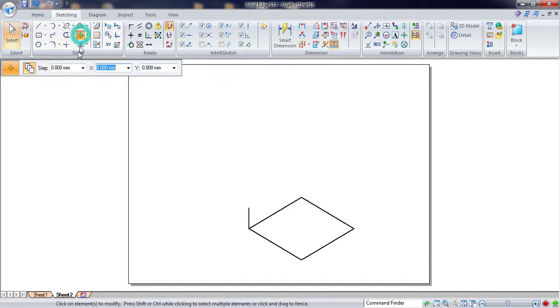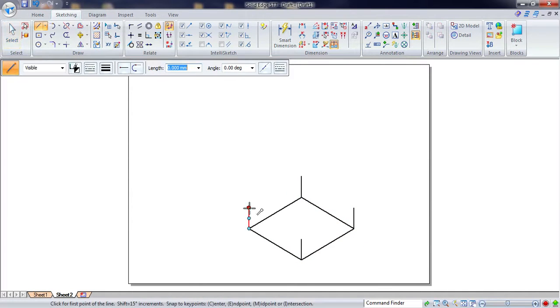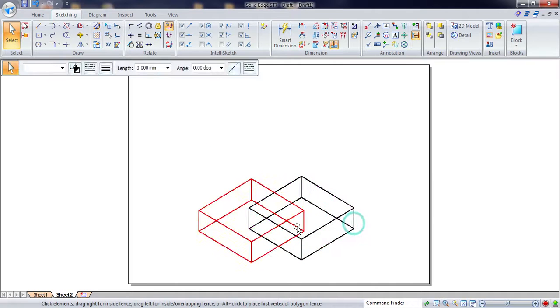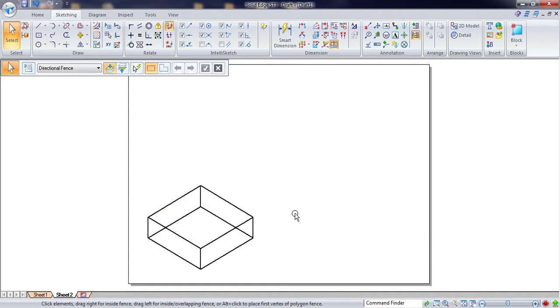Again go for the move command, switch on the copy, and select the line which you want to move, from which point. So I want to move it from this point. Keep placing the line at all the corners, then connect the top face. This is the square block construction, and I have not converted this to isometric yet. After constructing the frustum of the square pyramid, we can convert this to isometric. Let's keep this square block to one side.